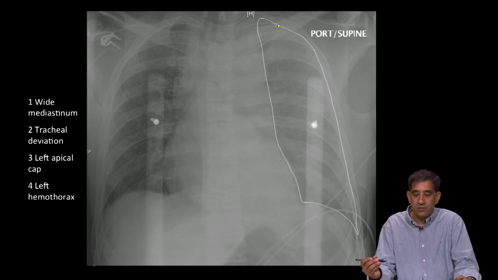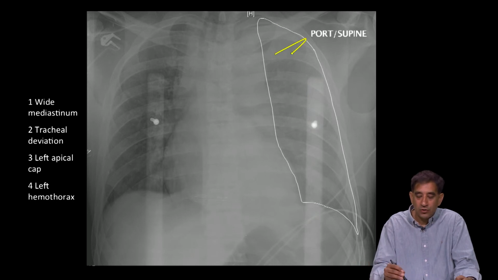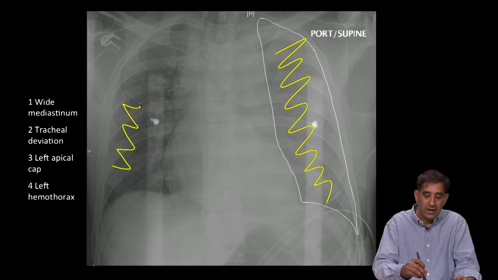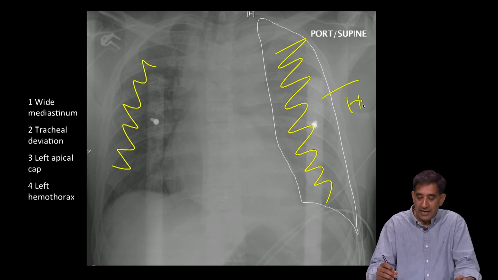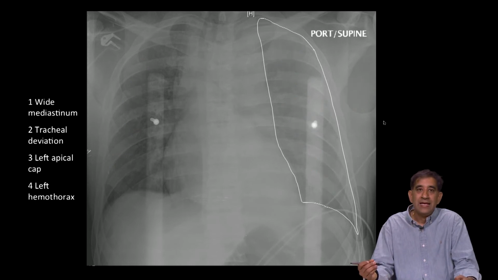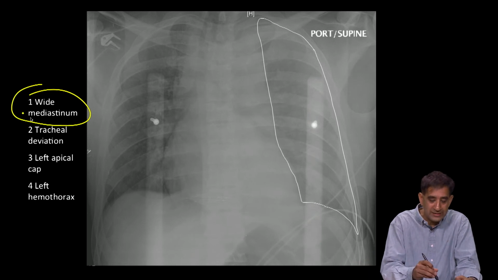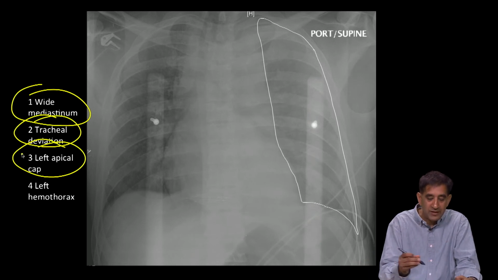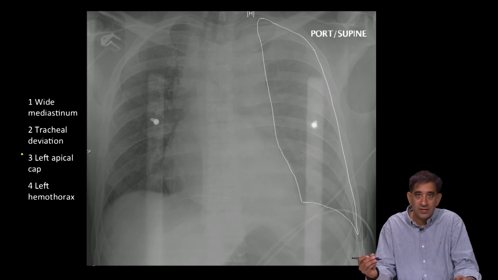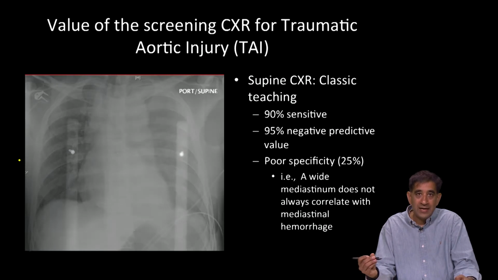And also, if you look at this lung field, you see that it's hazy compared with the right side. So this is very hazy. And the reason for that is that there is a hemothorax on that side. So this patient has a number of significant abnormal findings, but the wide mediastinum, the tracheal deviation, and the left apical cap, all suggestive of a very important diagnosis, and that is